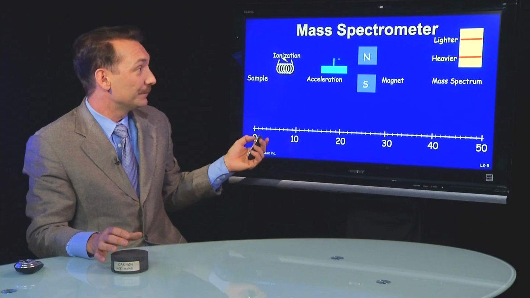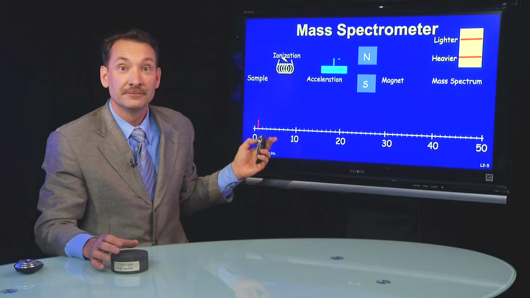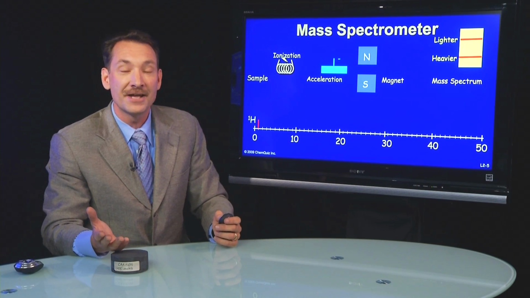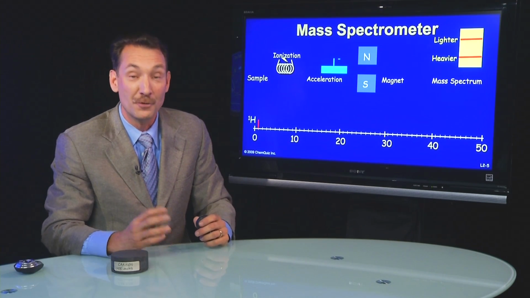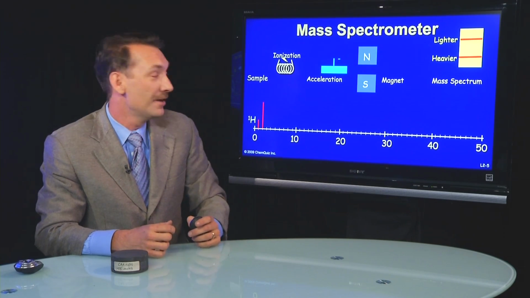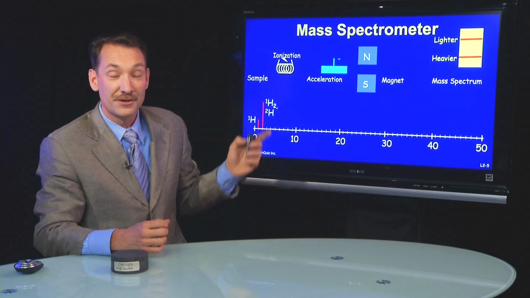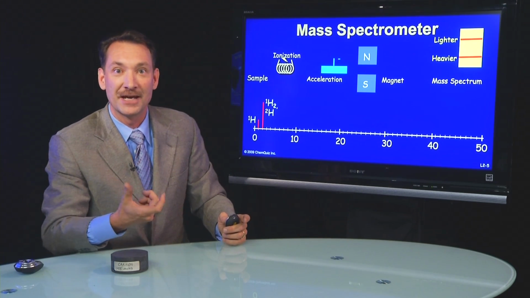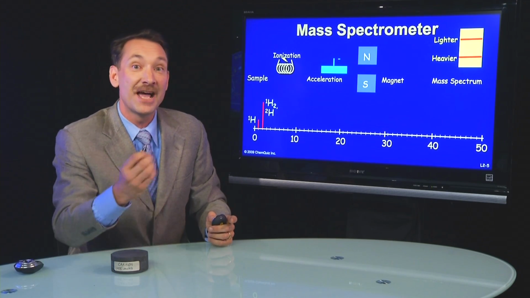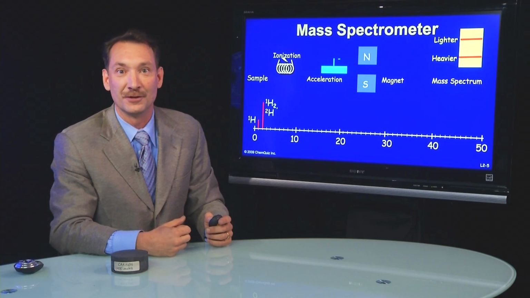So let's look at a few masses. We have, for instance, what would show up at mass 1? Well, the only thing that has mass 1, a single proton mass, would be hydrogen, the hydrogen isotope with no neutrons in the nucleus, a single proton. If you look at mass number 2, that would be maybe a hydrogen molecule with 2 single protons making a molecule, or it could be hydrogen atoms of mass 2, deuterium atoms we call them, that have a proton and a neutron in the nucleus.